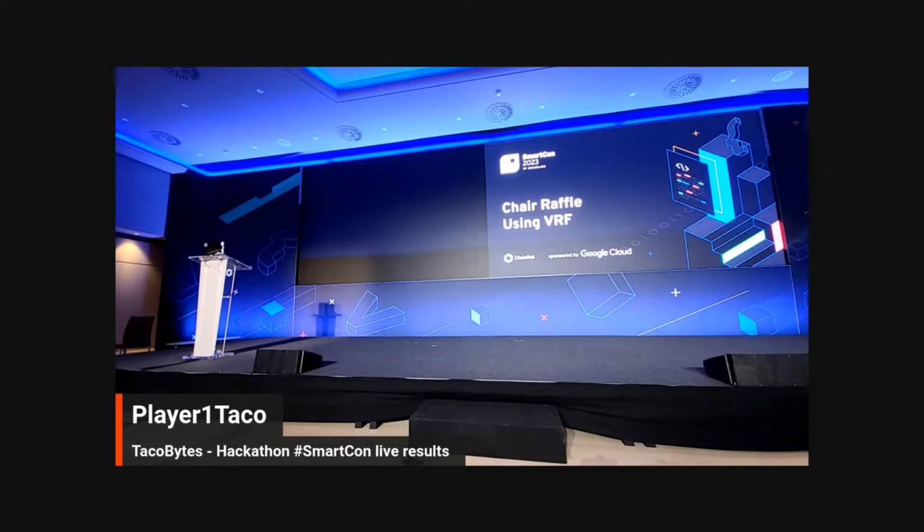Pretty good. Too bad that doesn't affect the raffle, but you know, hopes up for everyone. They are really cool though, the chairs, I have to say.